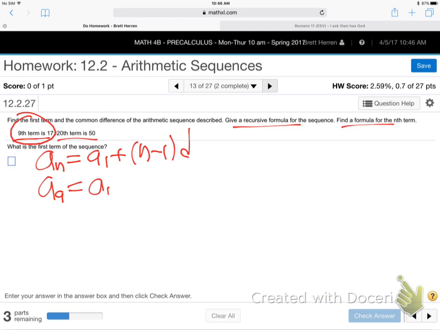It is A1, which I don't know, plus 9 minus 1D. Instead of A sub 9, you put 17. Yeah, I will. I'm just going to put it over there. But you're right. Everybody see, let me slow down a little bit there so I don't confuse you. When they say 9, here's what you've got to pay attention to on these, and we'll do a lot more